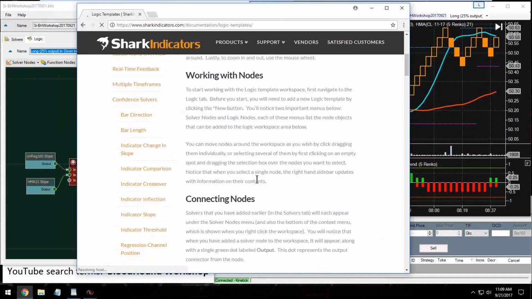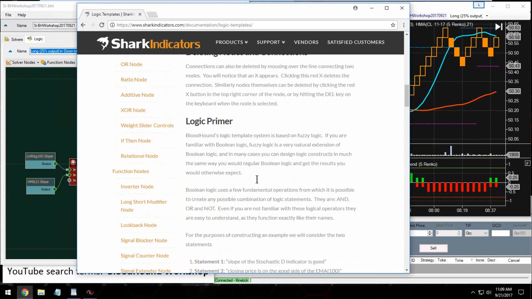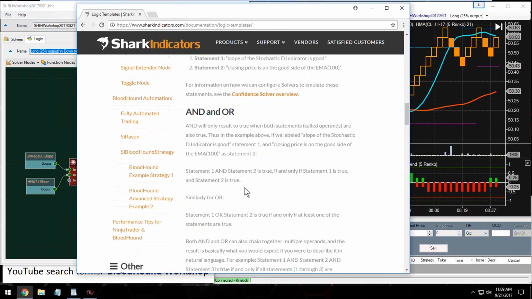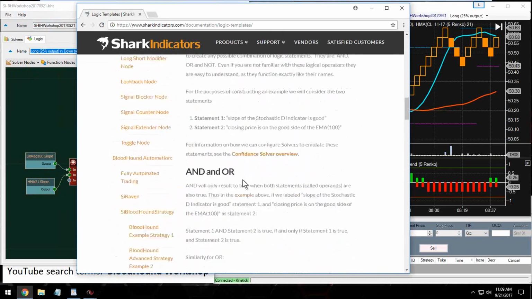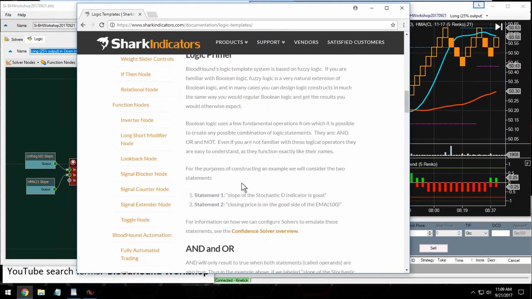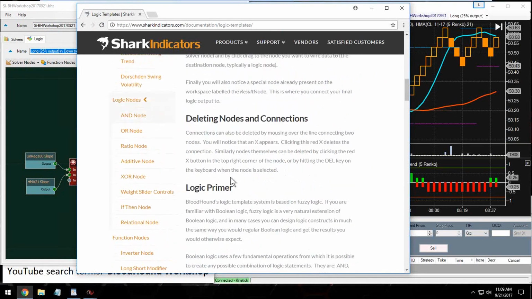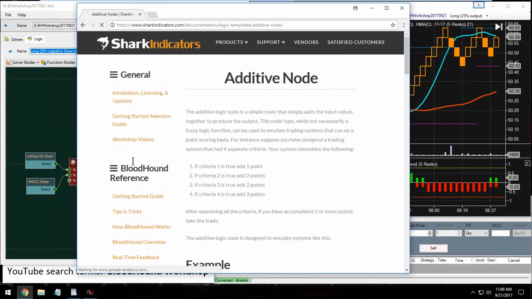So there's a kind of a summary of the logic nodes. If we scroll down, summary of them. But if we go directly to the page, there we go. Here's our logic nodes. So there's our additive node right there. If we click on that, and so here's a page on the weight slider controls as well. But if we go to the additive node,